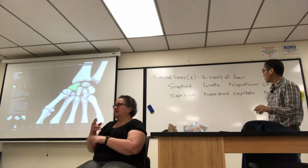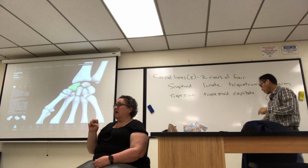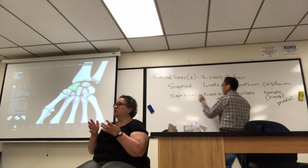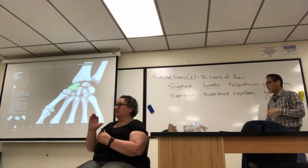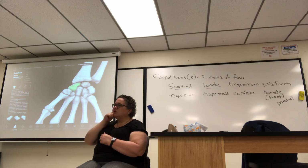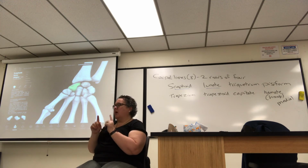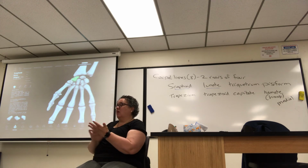But what I had said was the distal end of the radius pretty much articulates with the scaphoid and the lunate. Okay, and there's a lot of other connective tissues that bind all the other bones together in the wrist, but moving on. From wrist to the bones of the palm of your hand are the metacarpals, and I have highlighted